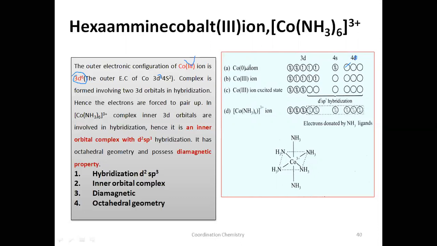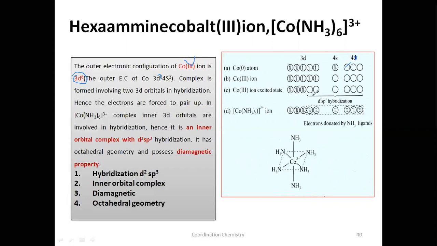What is the ligand here? Ammonia. I have already told you that ammonia is a strong field ligand. In the presence of such ligands, rearrangement of d electrons will occur here. So these electrons will get paired up or rearranged among these 3d orbitals. This will jump into this one here, this gets paired up, and this will jump here. So all the electrons get paired up here. Now we get 2 empty orbitals from 3d.